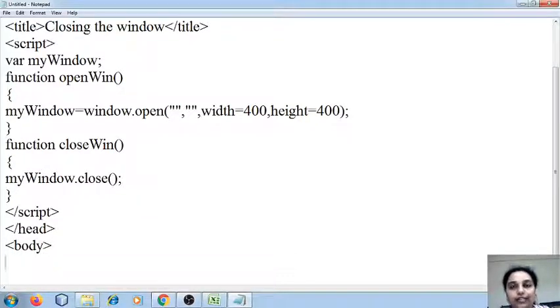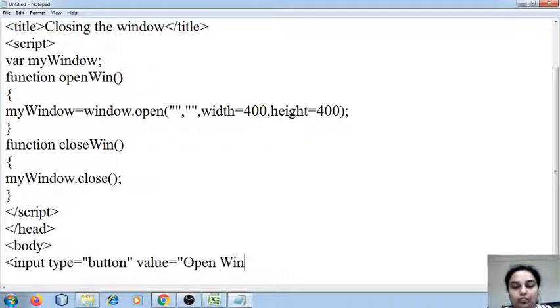I am going to create two buttons. One which is going to open a new window and another one which is going to close the window. Input type is equal to button. Value is equal to open window.